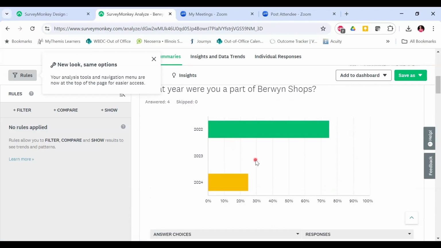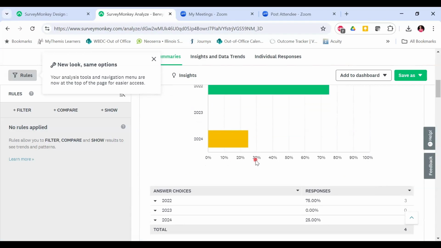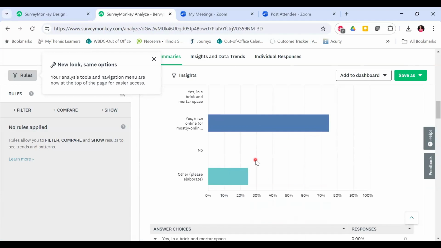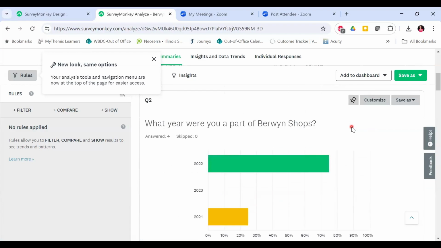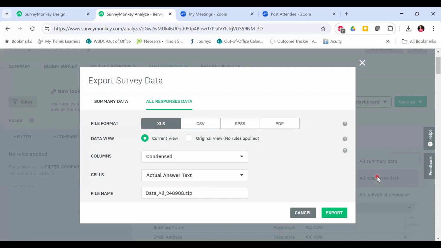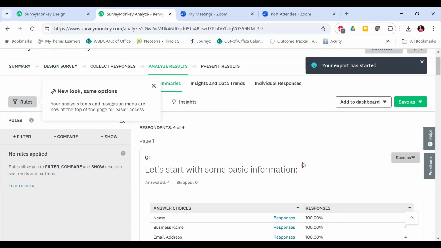It looks like 3 people were there and 1 was in 2024. Some had a business prior to moving into the Berwyn Shops. So anyways, I can then save all this data to an export file. I always save all responses data. And export it, and then you get a